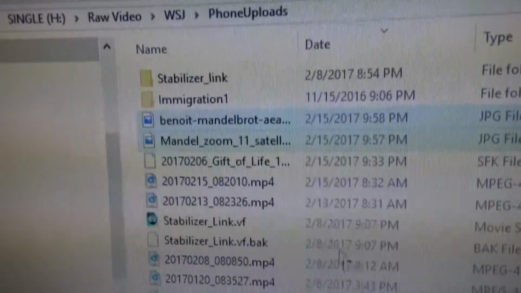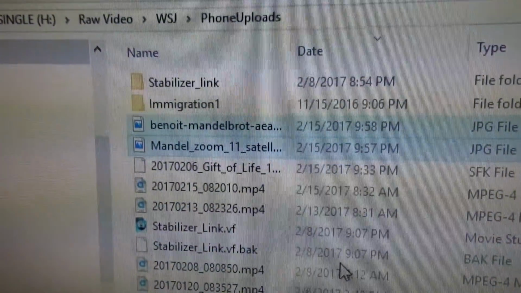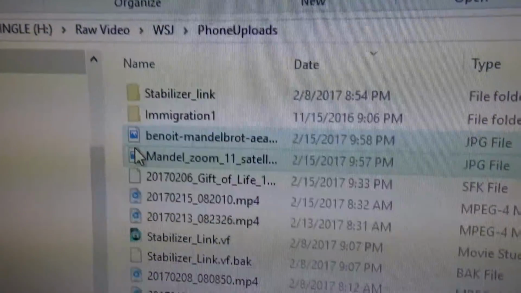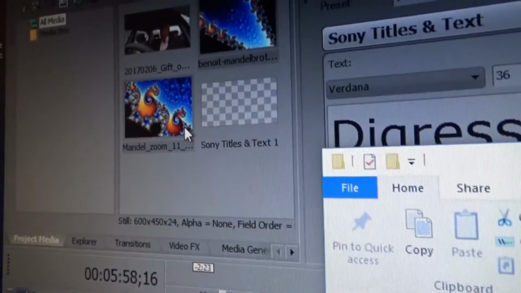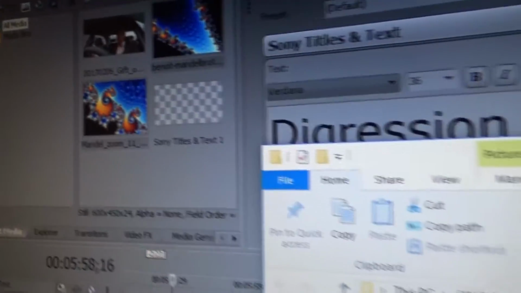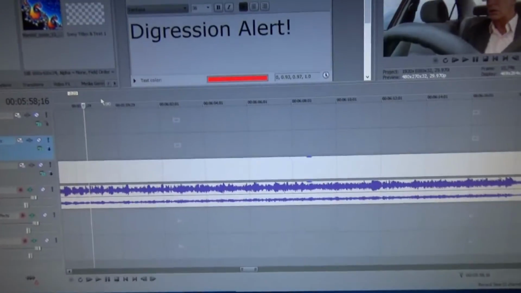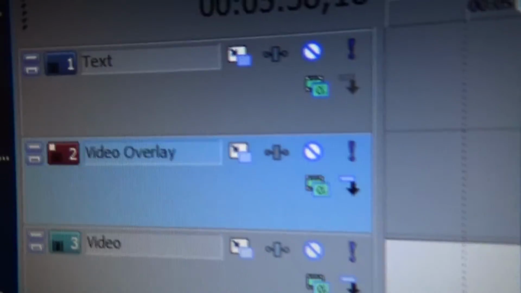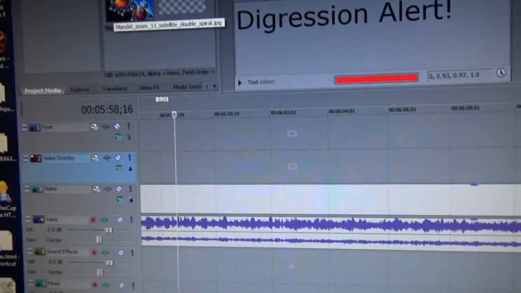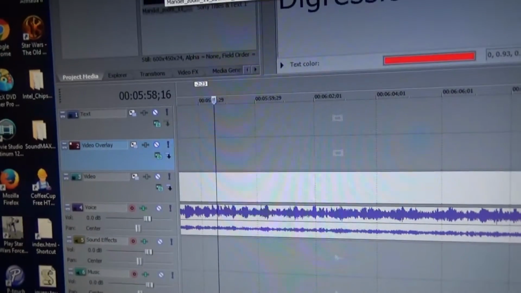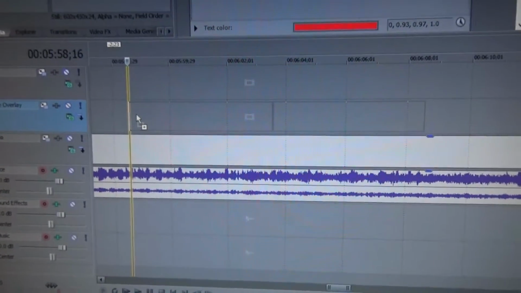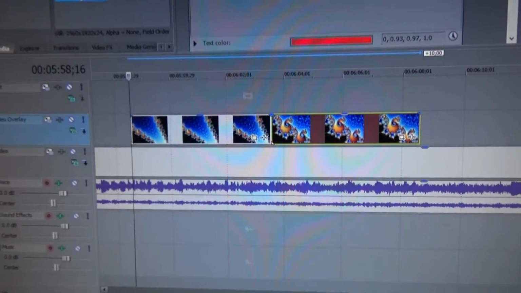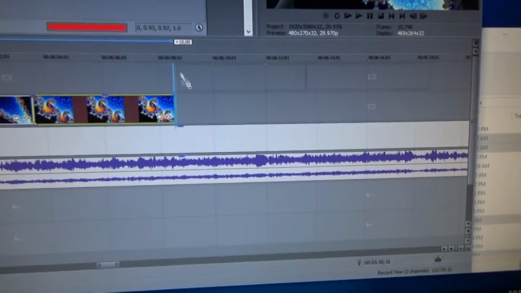All right, since I took a digression around Mandelbrot sets, the Fibonacci and all that kind of stuff that I hardly even remember anymore, I picked up some pictures. I'm going to add those in so you can see how to put still pictures into it. So I dragged it up here, dropped them in there. Now I'm going to minimize this, and I am going to drag those into the video overlay section. Now in yours, if you don't have that video overlay section, you can create those and stuff. So I'm going to drag it into the video overlay section, and then I'm going to take another one that I like and add it